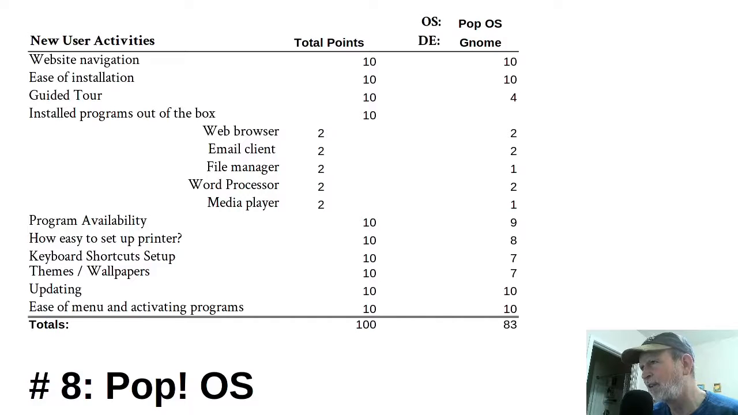Apparently, I gave it a 7 for themes and wallpaper. Yeah, the limited themes on this. I think there's several wallpapers. One I really liked that I actually installed PopOS on my computer out in the living room